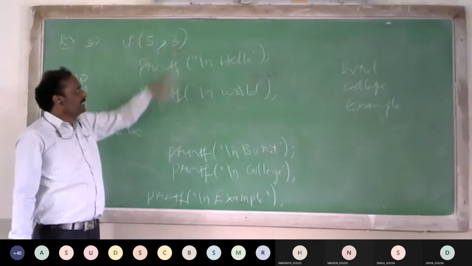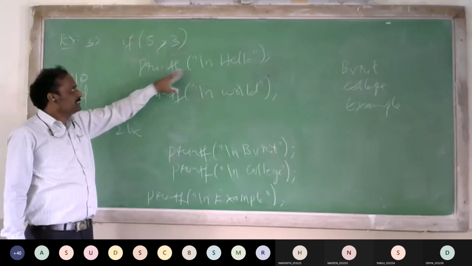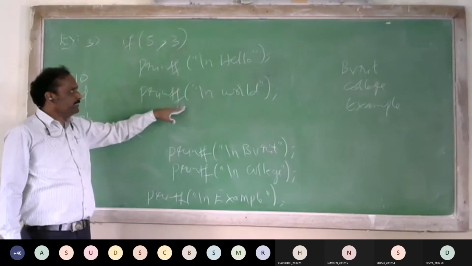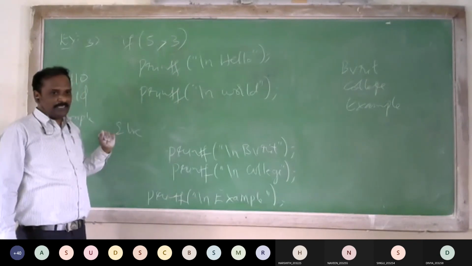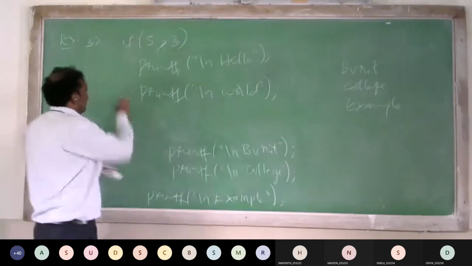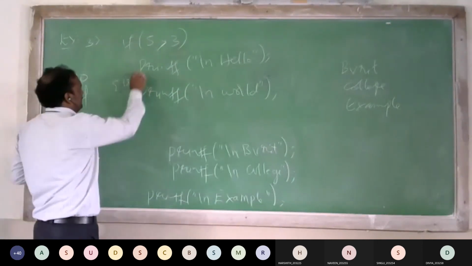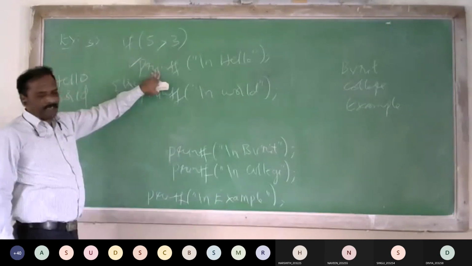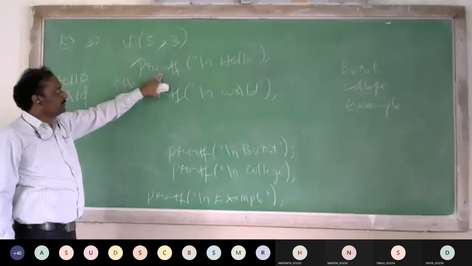Now, if 5 greater than 3 is false, then this belongs to the if statement, so it is not executed.